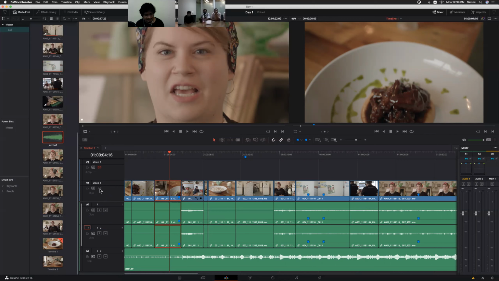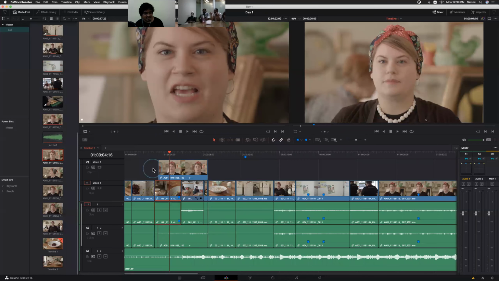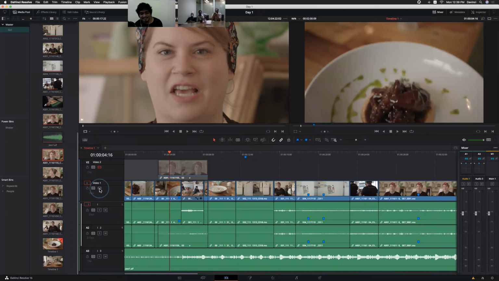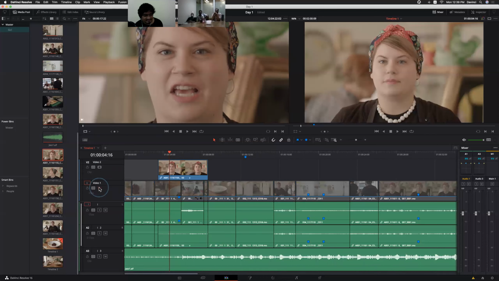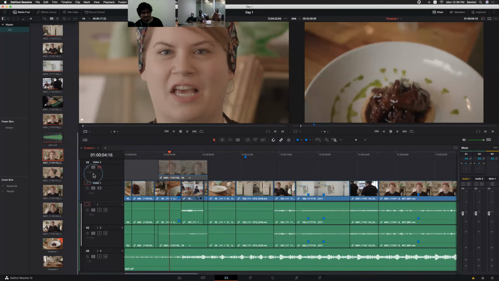In FCP7 we have... Yeah, I got it. Let me add this clip here. We have five layers of clips. If we click, we are disabling only that particular track, right? By holding the option key, other than that track, we are disabling the remaining tracks. Now see, by holding option, I am disabling the track only. Hold option and click the particular track. It enables only that particular track and disables the remaining tracks.